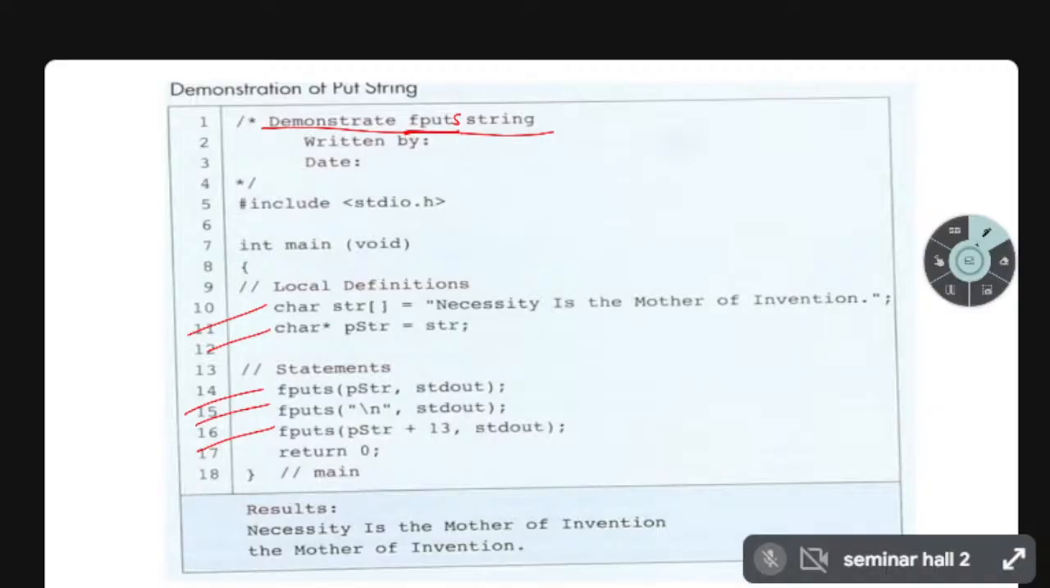Just definition and syntax. Let us complete. String contains only 2 topics: string IO functions and string manipulation. Those 2 are compulsory questions. Char str of some string, char star pstr of